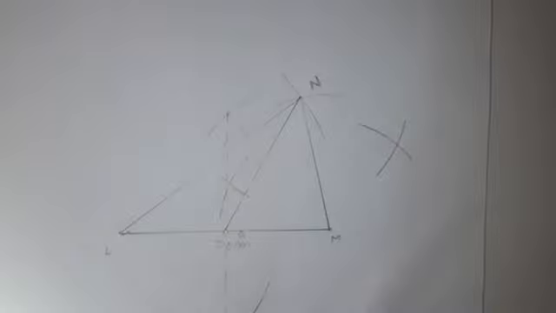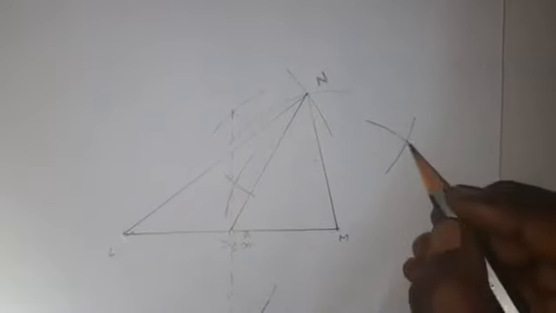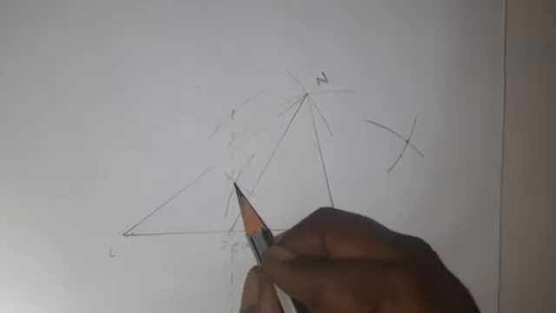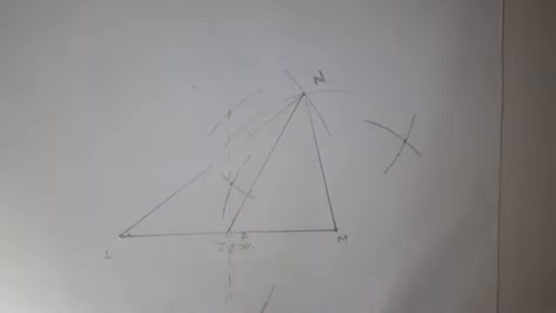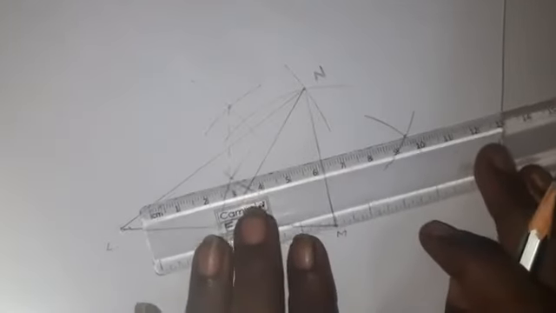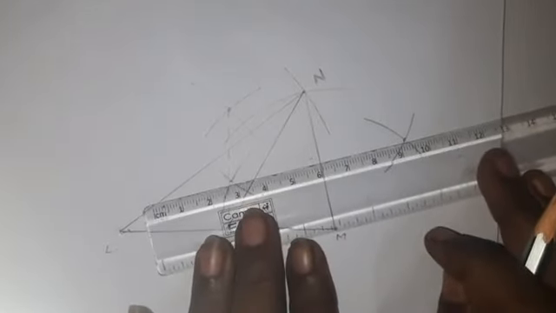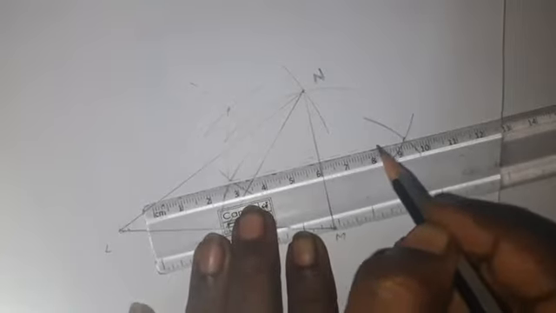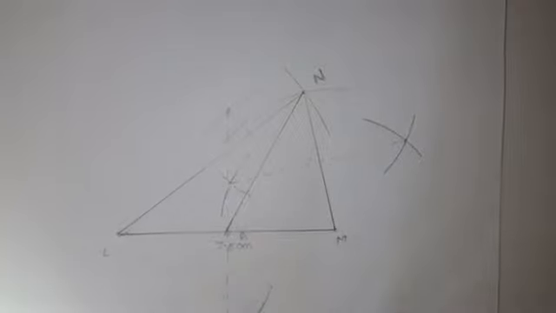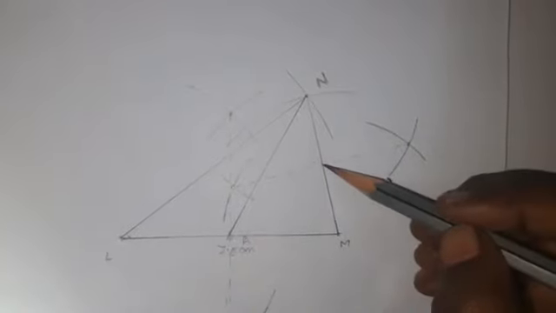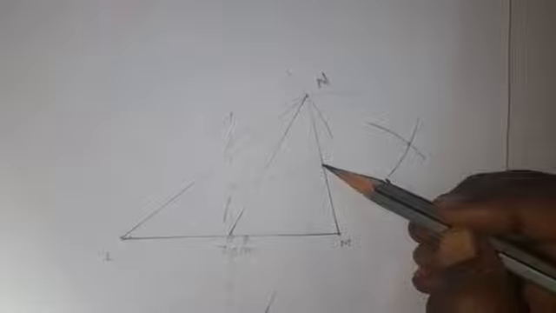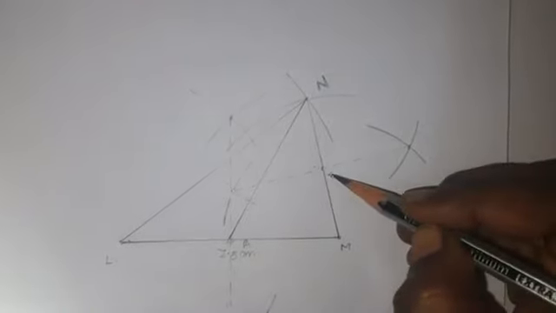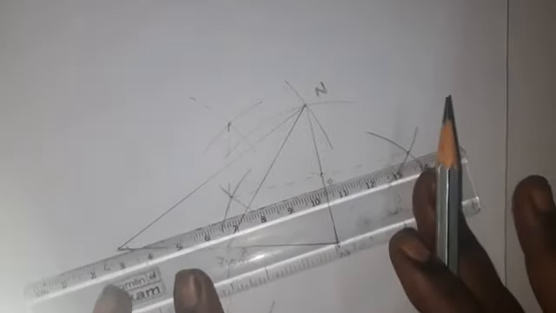And next, here make a dot where both arcs are intersecting now. With the 2 dots, adjust with the scale and make a dotted line because it is a perpendicular bisector. It should be half of this line MN. Here make a dot and give the name B. Okay, opposite to that, the vertex is L. So join this one.